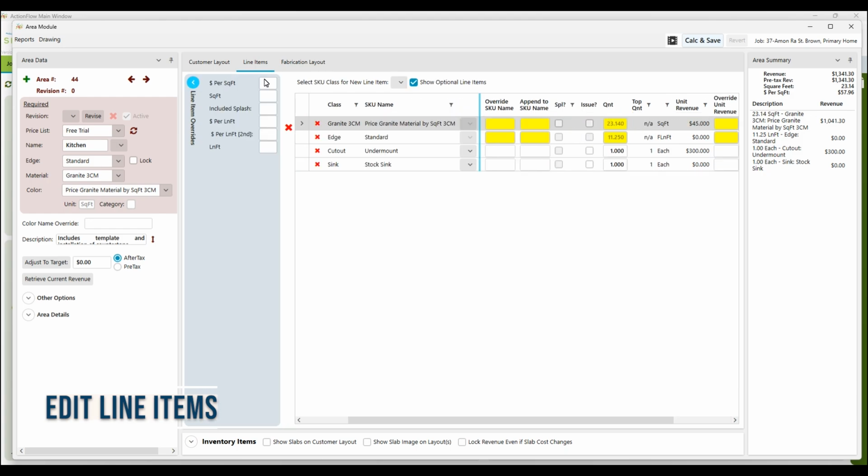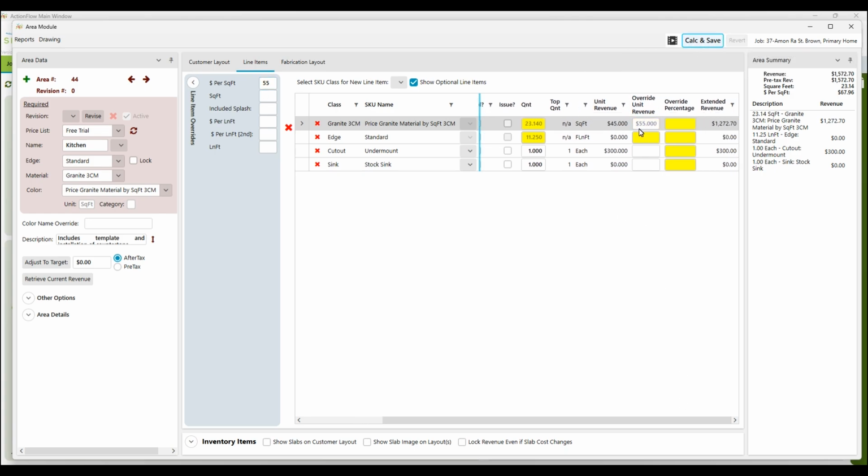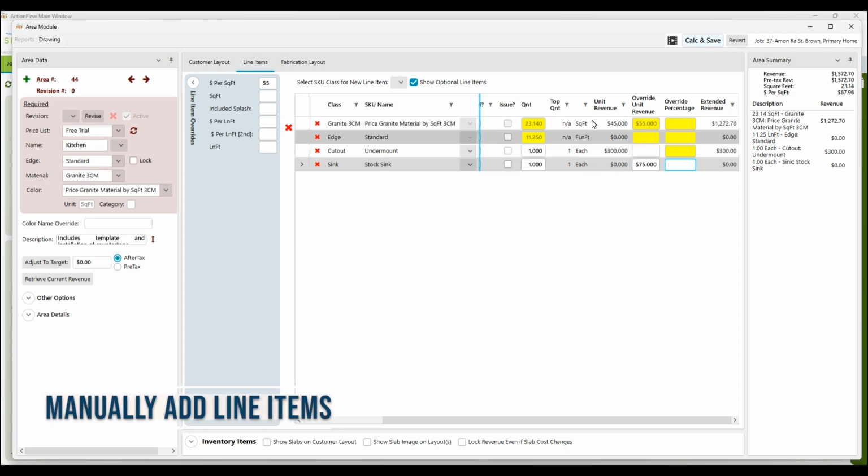To adjust the cost of the material, we'll go into line item overrides, and then in price per square foot, we'll type 55 and then click Calc and Save. If we look in the granite line item, we can see that override unit revenue value is now $55, which increases our extended revenue. I'll add $75 override unit revenue for that stock sink,